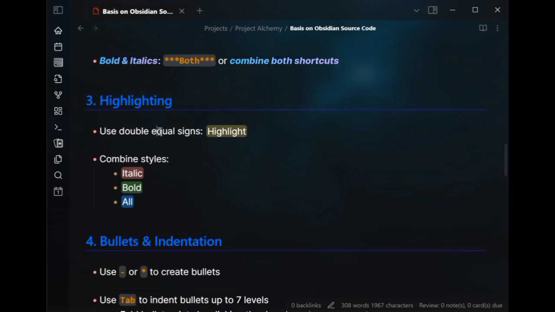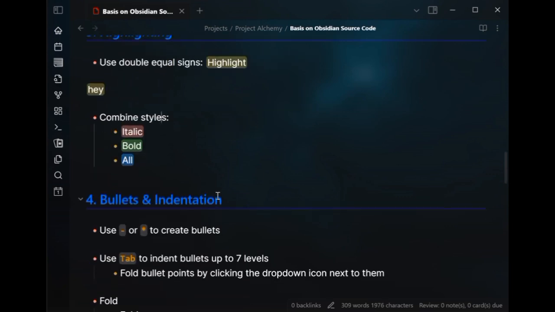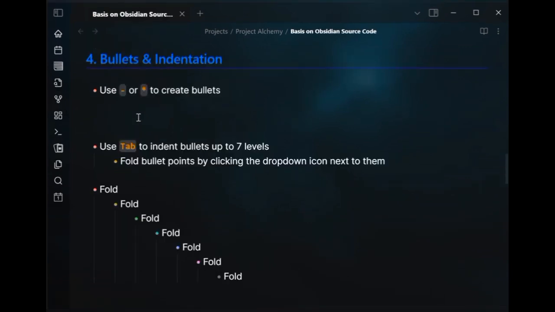You could also highlight your text using the equal sign. Use 2 equal signs before and after the text, and it will appear something like this. To change the color of the highlight, you could use either italics, bold, or even both, and it will appear